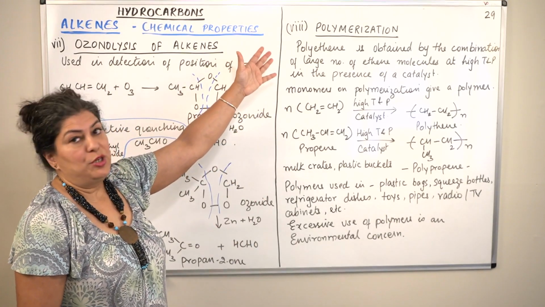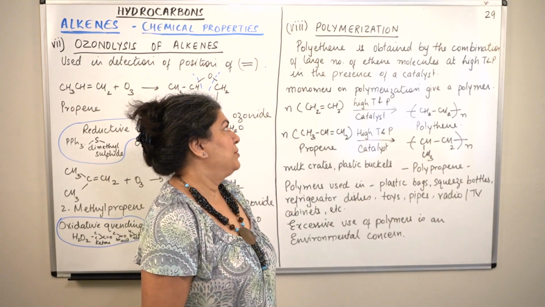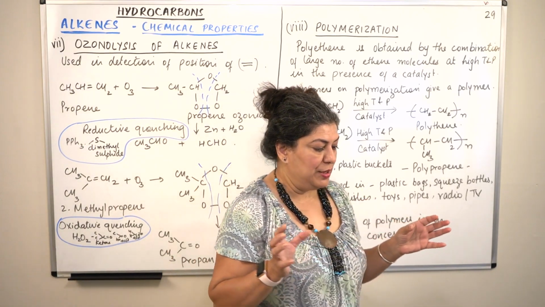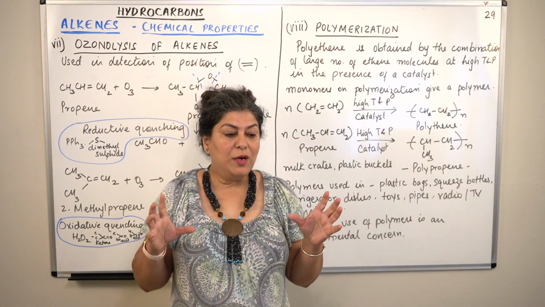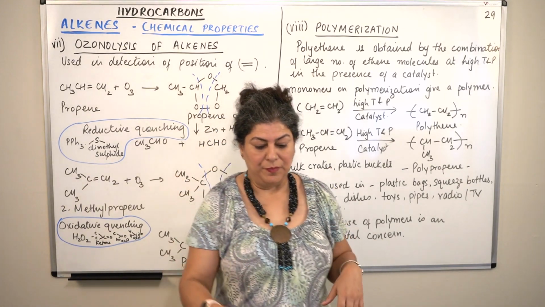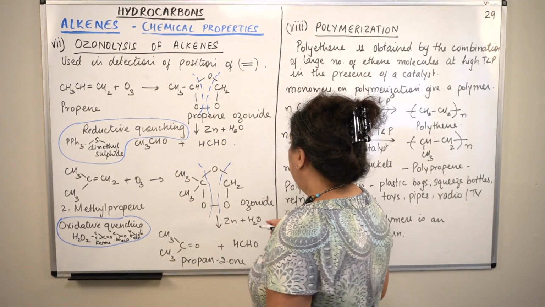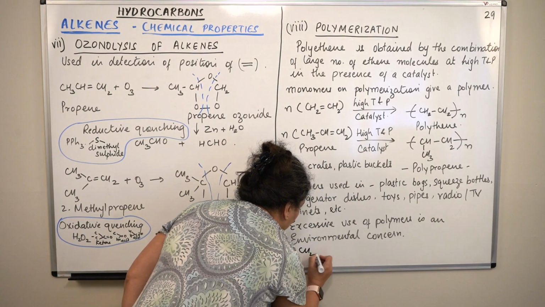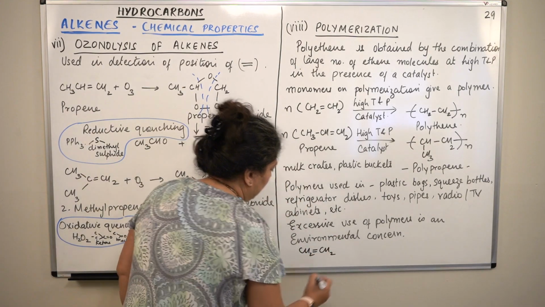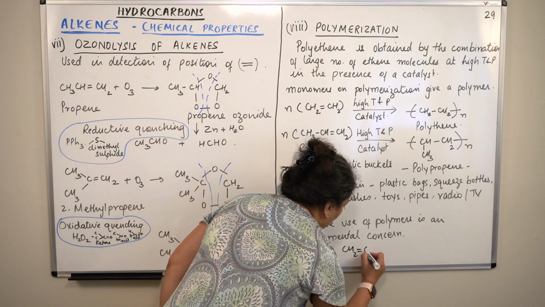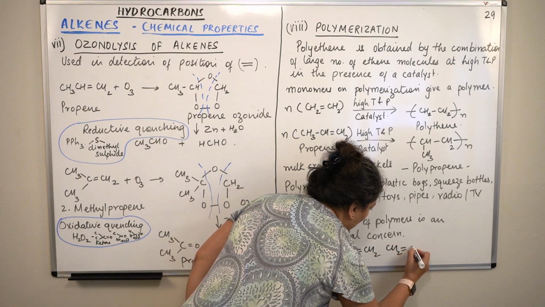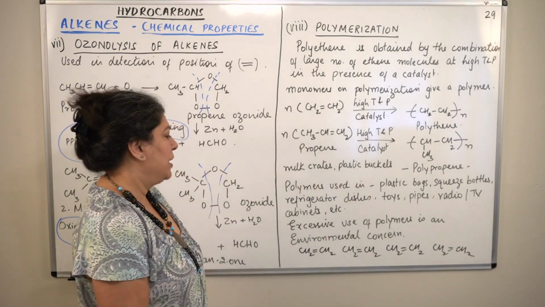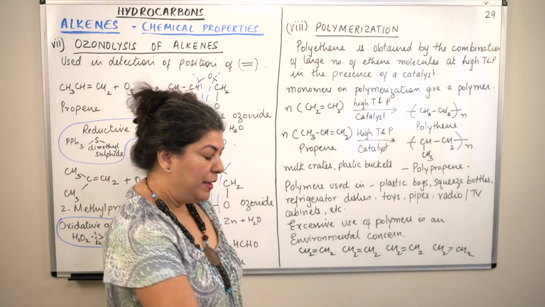And before coming to the conclusion, let us now talk of the last property, that is polymerization. You know, little alkene molecules, they have double bonds. What happens if a double bond breaks? Let us say there's a CH2 double bond CH2. This is an alkene molecule. CH2 double bond CH2, CH2 double bond CH2, CH2 double bond CH2. What have I done? I've written down 4 molecules of ethene.